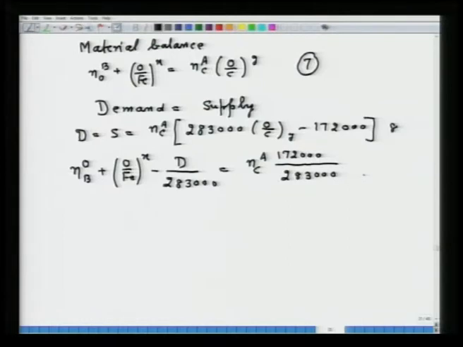Let us take this as equation number 9. Now, say if O by Fe x and D are specified,